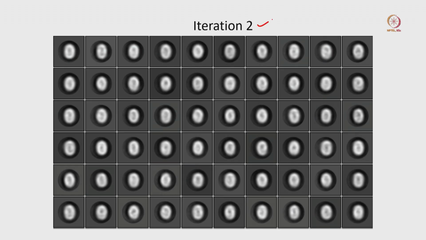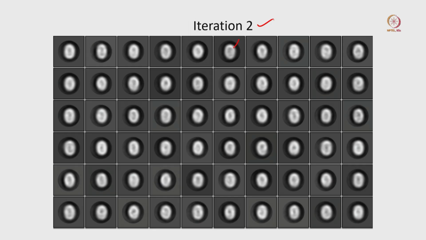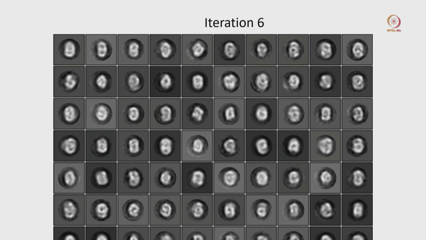And then this is iteration 2. If you just look at the difference between these two particles, this is iteration 1. If you go from iteration 1 to iteration 2, you can see there are some changes inside, some changes here, here also. Here also this particle shape is changing, it is looking a little bit elongated. Now we are going to another iteration. Now if you look here, you can see some details changing in those particles, where we can see some hole inside, that is the black density, and the overall shape of this molecule is changing, and changes are happening all over.